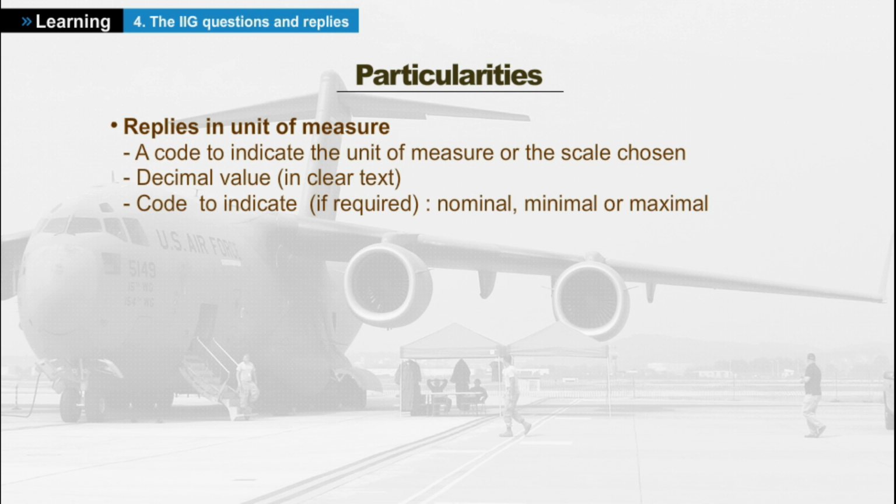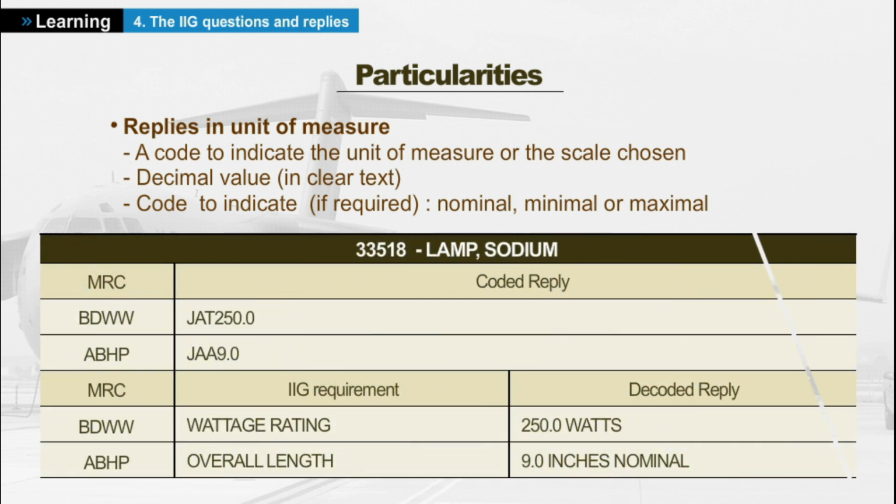Some quantitative, dimensional, or other characteristics are given in units of measurement. In this case, the answer shall consist of a code selected from a reply table, which indicates the appropriate units, and, if applicable, the chosen scale, a decimal numeric value preceded by the code for the indication if required. Example: